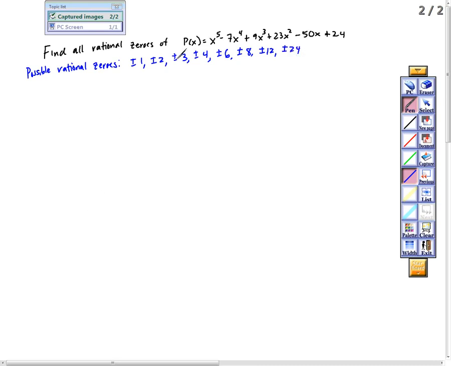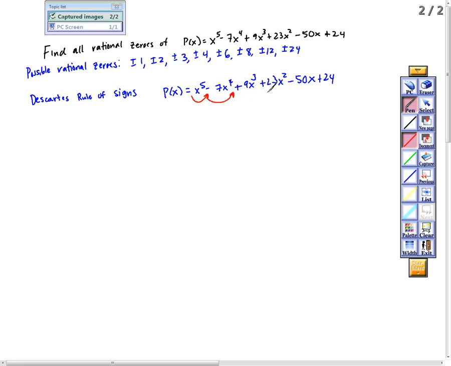That's a lot. We're going to hope we can narrow it down, maybe using Descartes' Rule of Signs. So for Descartes' Rule of Signs, to find the number of positive real zeros, we look for sign changes in the original. Okay, so here's a plus changing to a minus, 1, 2, no sign change here, 3, and 4. So that means there are 4, or remember, if you have a sign change, you subtract by 2 each time down to 0. So 4 or 2 or 0